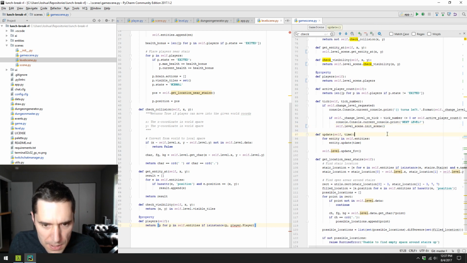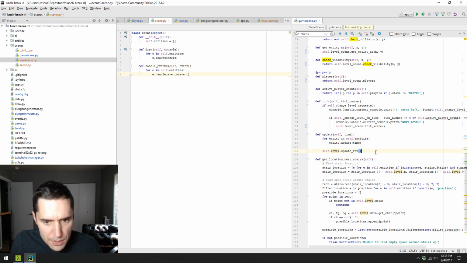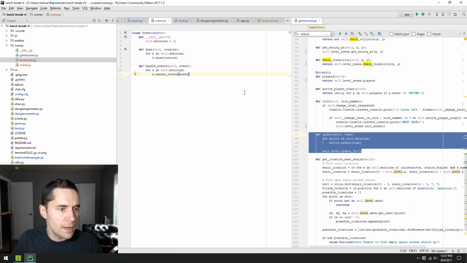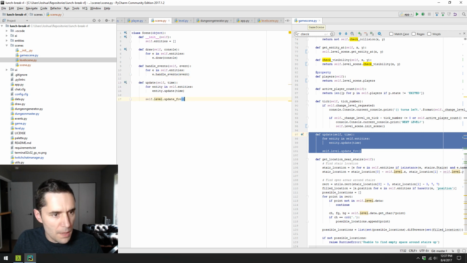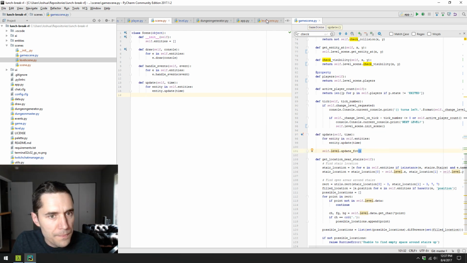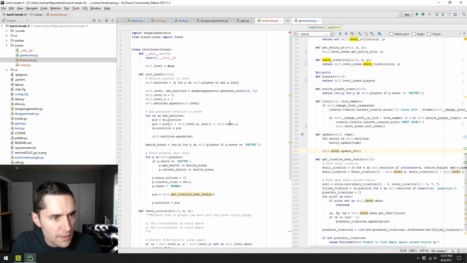Okay, and then update for entity and entities update time. This should just be a basic part of scene. It really should. So let's just copy this and just update. Right. So just for every entity we have, update them. And then here, this should just be part of